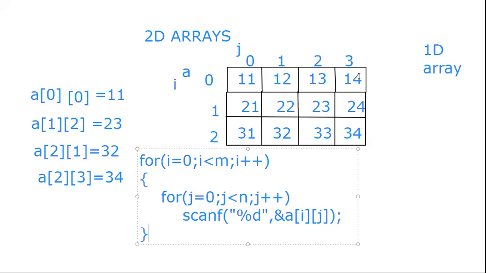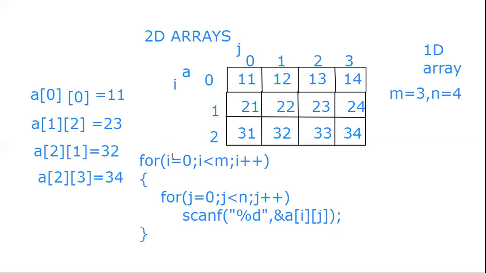Okay, so now next, when we check, there are only 4 columns, right? So when j becomes 4, 4 less than 4. So what is m here? M is the number of rows. How many rows we have? M equal to, there are 3 rows. And how many columns? There are 1, 2, 3, 4 columns. So n value is 4. M is the number of rows, 3 rows, and n is the number of columns. There are 4 columns. So now when j gets incremented to 4, 4 less than 4 condition is false. It comes out of the inner for loop.